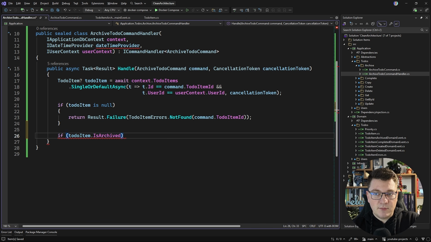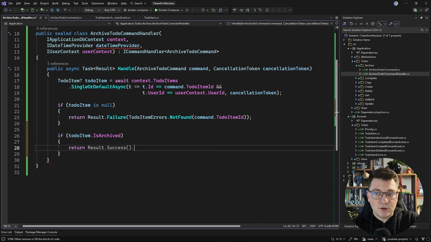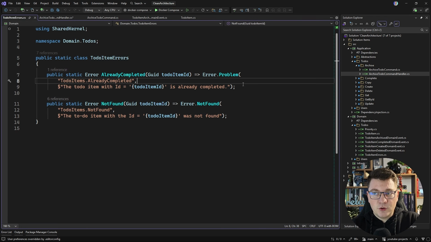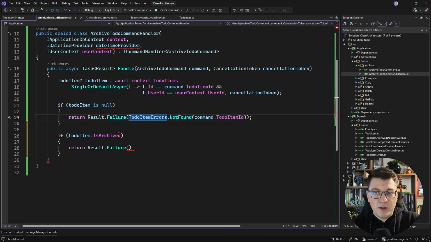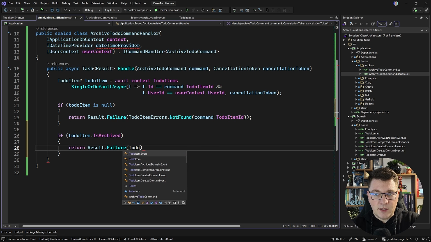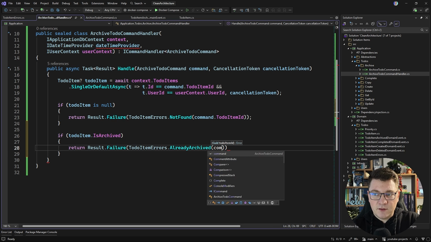We can check this by examining the isArchived flag. And for example, this could also be a failure. So let's say results and then failure. And here I would need to touch the to-do item errors class to introduce another error, let's say already archived. So going back to my handler, I can now say to-do item errors already archived, and we can pass in